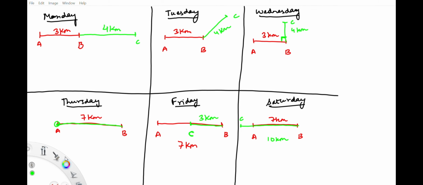Now let us follow a very simple practice of finding out the distance and the displacement for all the 6 cases starting from Monday. So if I talk about the distance, the distance from point A to point C is nothing but 3 kilometers plus 4 kilometers, which gives you 7 kilometers. And if I am to find the displacement